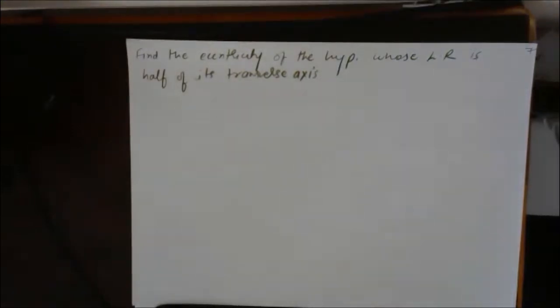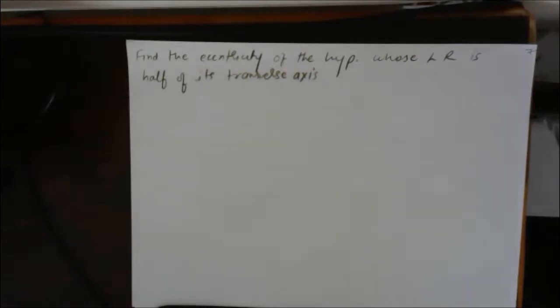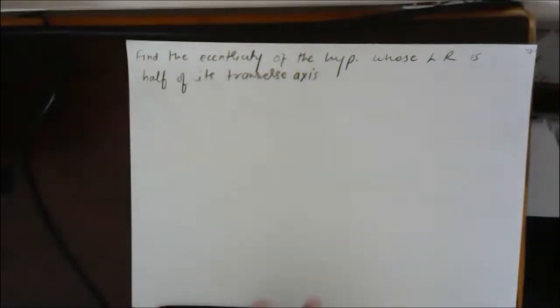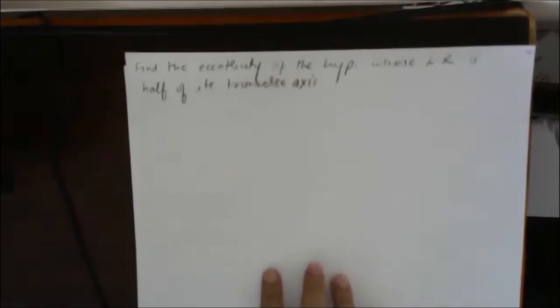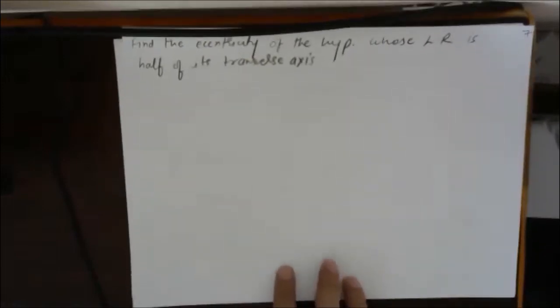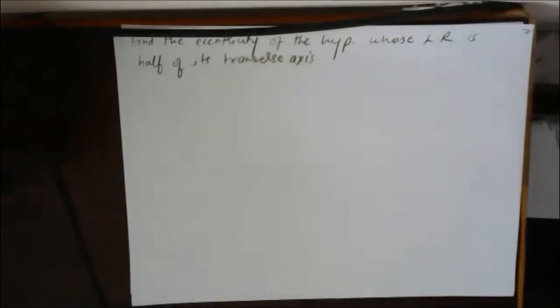The length of the conjugate axis and the length of the transverse axis will be 2b and 2a, as we have seen in the ellipse, where we had the length of the major axis and the length of the minor axis. Similarly, for this one, the length of the transverse axis and the length of the conjugate axis. Okay. Tell me what is the value of eccentricity.